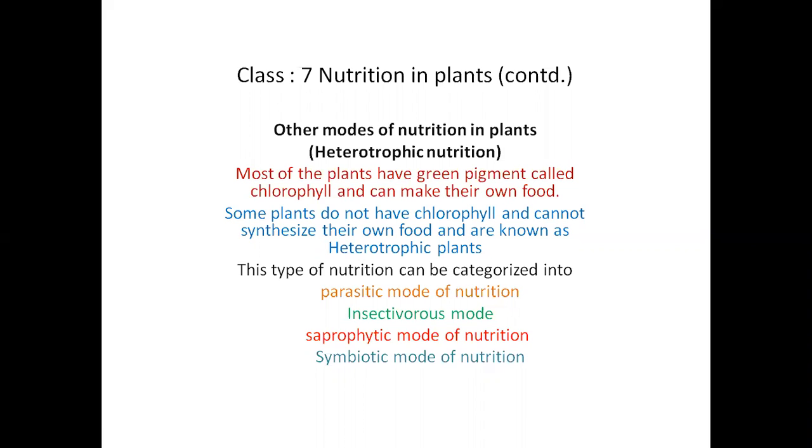Heterotrophic mode of nutrition. Here are the examples: animals and non-green plants. So we know that, right? We all animals depend on plants for our food. So we are getting nourishment from the plant source. Of course, some animals are also providing us food, but here mainly we are considering the modes of nutrition,